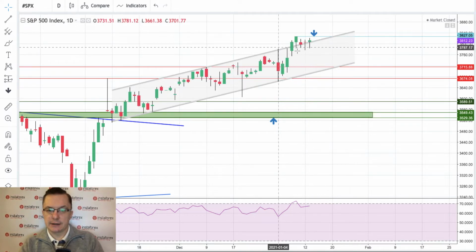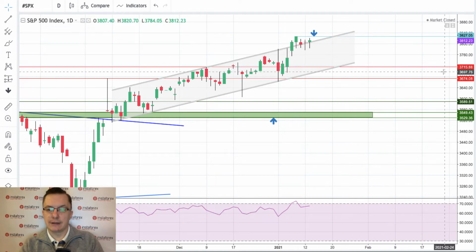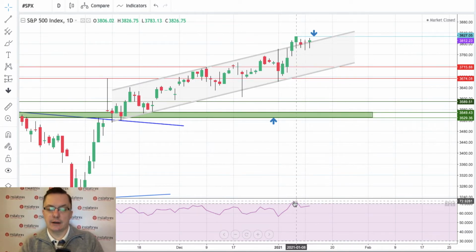The technical support is playing very nicely, and the technical support is the high of this candle, which is 3,781. So any breakout below 3,781 will open the road towards 3,715 and 3,674. We are still in the uptrend. The momentum is strong. It's kind of overbought already,